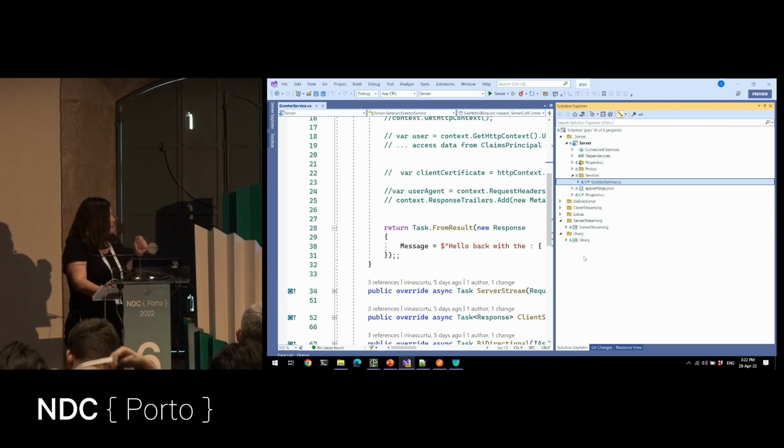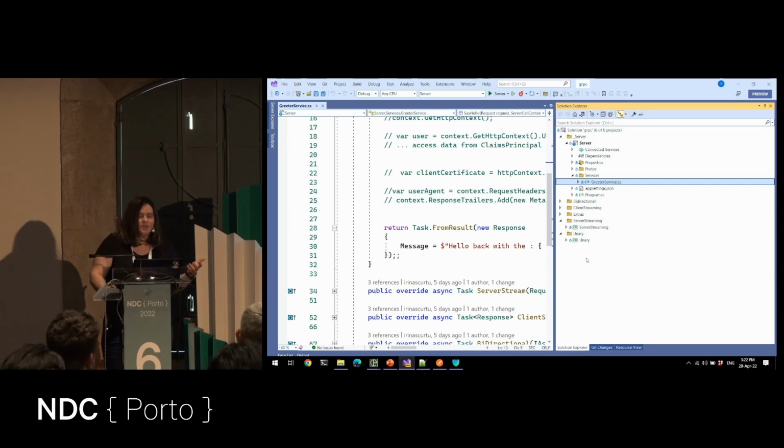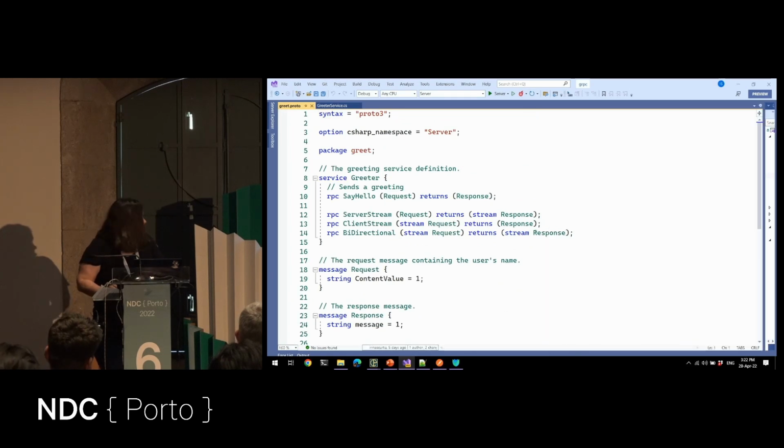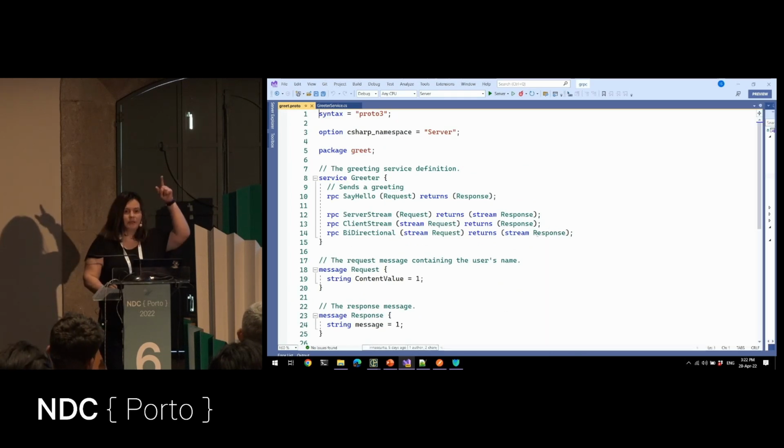First of all, if we're talking about gRPC, we're still talking about a kind of API, right? And that API still has something that we know. So I'm going to start by showing you a proto file. I hope the font is big enough to be seen from the back of the room. What I have here is a service. It's an interface definition language, similar to WSDL, if you remember it from SOAP. You specify it in here. And then I have four methods specified.